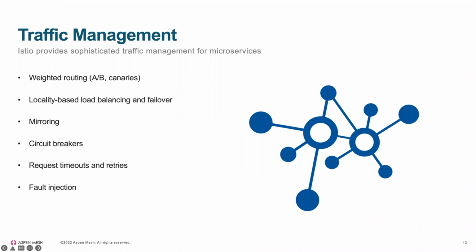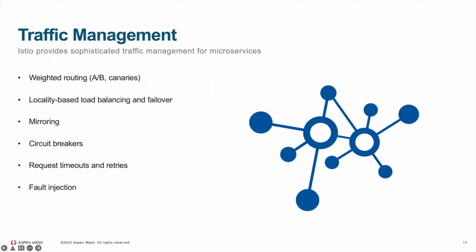So this is similar to weighted routing. The difference is mirroring means you're sending 100% of the traffic to two different versions, but only one version is live and the response is sent back to the client. The other version, the response is just sent to nowhere. And this is another useful way to do feature testing, where you're sending live traffic to a mirror. The user doesn't know that, but you're sending live traffic to the mirror in conjunction with the live version, and you can do testing of those features.